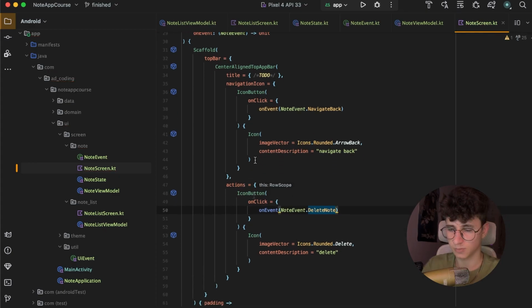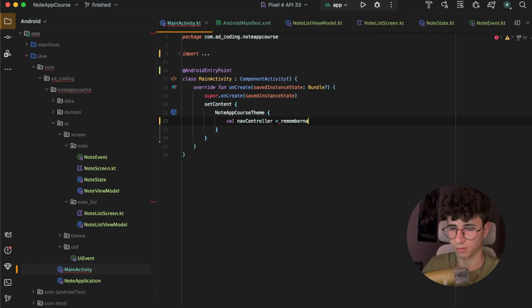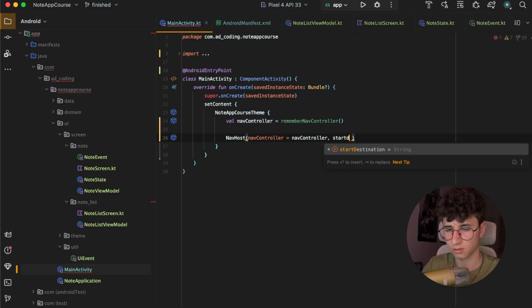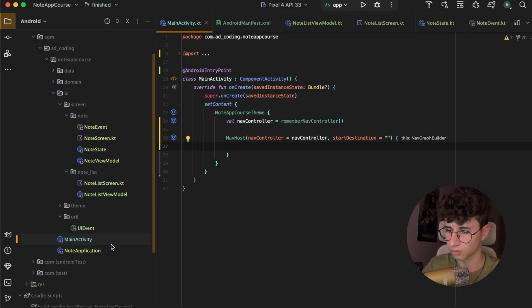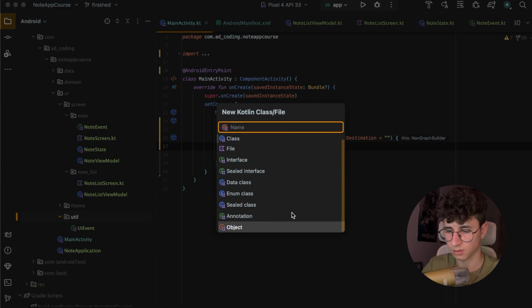And the last thing we need to do is to go to the main activity and create a nav controller. And remember, nav controller will help us to navigate through the screens. Let's create a nav host and pass the nav controller and the start destination, an empty string for now. And let's go to the util package and create an object that says Route,